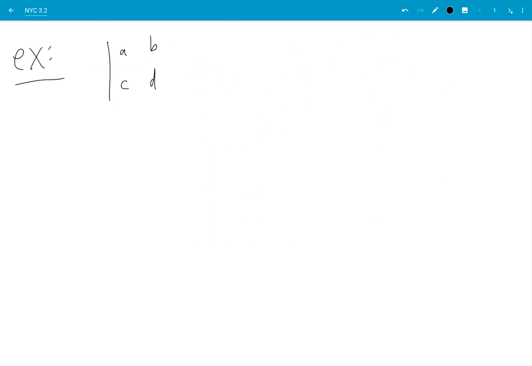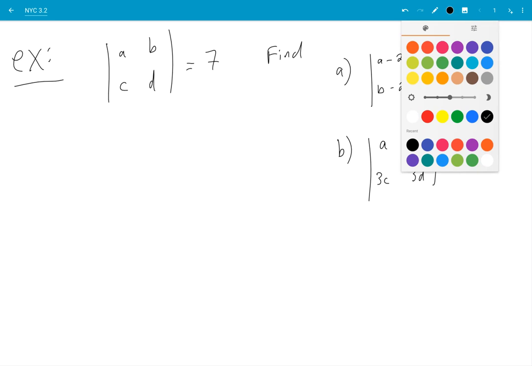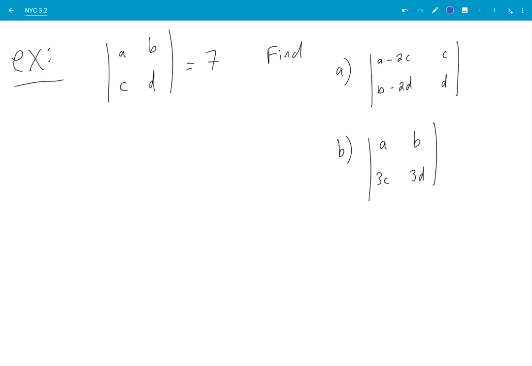Okay, given A, B, C, D is equal to 7, find these two determinants. Okay, so what we're going to do is we are going to try to use